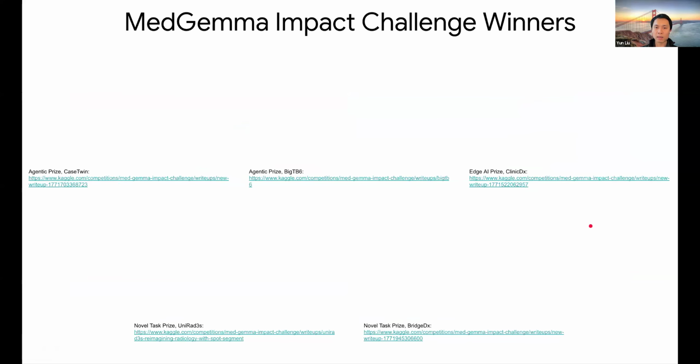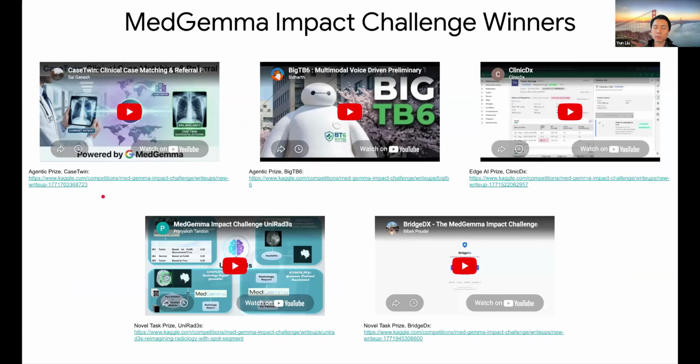And this slide outlines that there were a few what we call special prizes that were awarded during the hackathon as well. And these special prizes really center around 3 main themes. 2 of the themes were agentic prizes and novel tasks. And by those, we define agentic workflows. And novel tasks are things where the NEJM initially released model was not optimized for a certain thing, and they figured out ways to make it support other things. One example was them hooking up to a segmentation model to do the segmentation and combining that with NEJM essentially to make it capable of segmentation, but also using the segmentation information in various ways as well in the workflow.